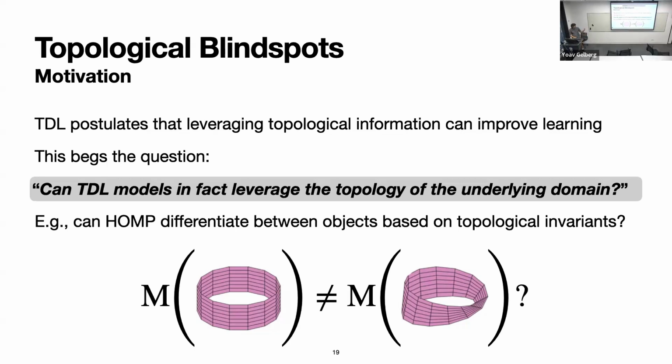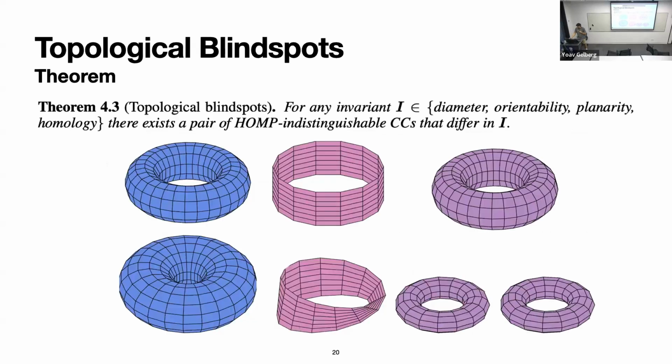And answering questions like this, can we have a different representation for a cylinder and a Mobius strip, captures whether we can capture the notion of orientability. Because if we can't do that, then we basically can't learn or use orientability as a property. So to answer this question, we find that surprisingly, in many cases, the answer is no. So we find examples of topological objects that differ in fundamental topological invariants, which are indistinguishable by any higher order